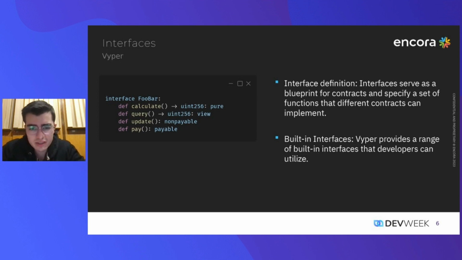Vyper doesn't have inheritance by default. Something that you can see as limiting, but when you are working with really large smart contracts, having to jump between contracts to see what is going on and to understand what is happening can be a really confusing process and something that actually we don't want to do as an industry.